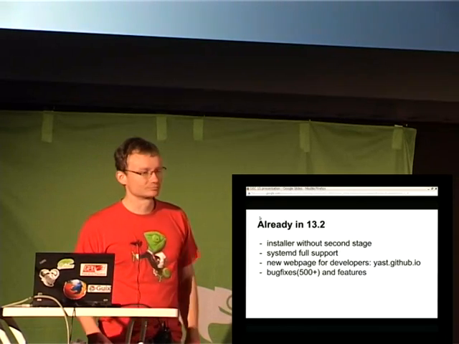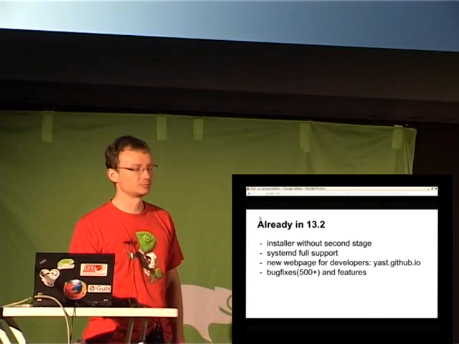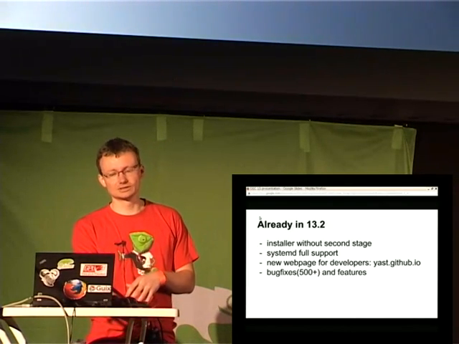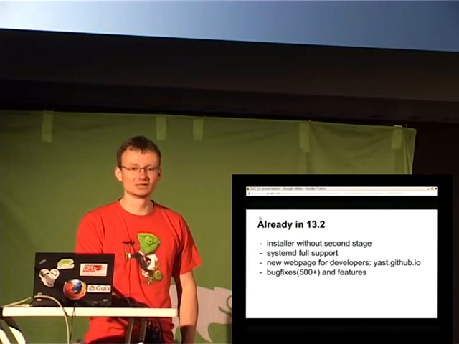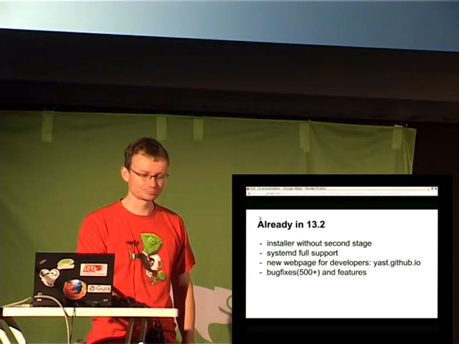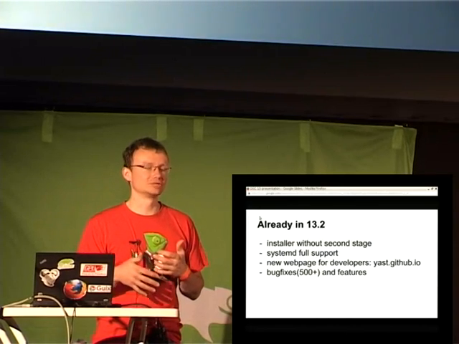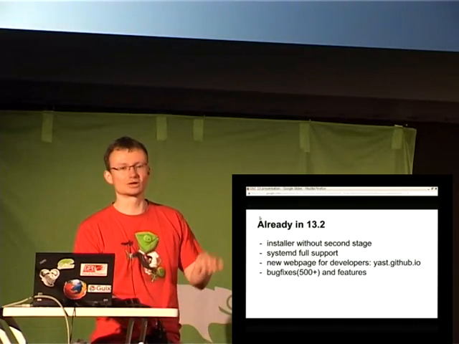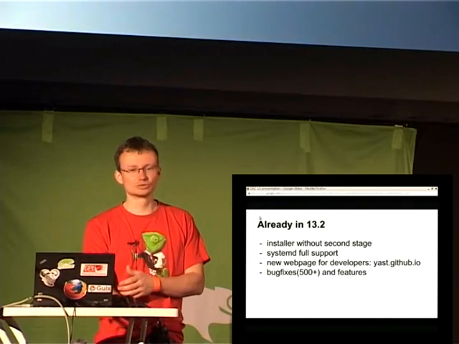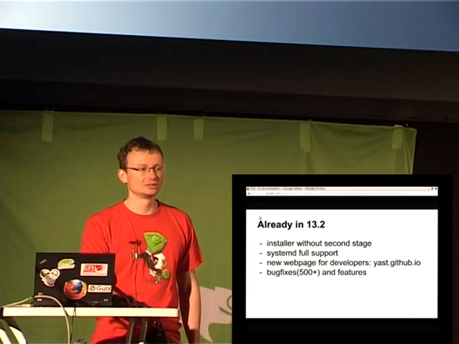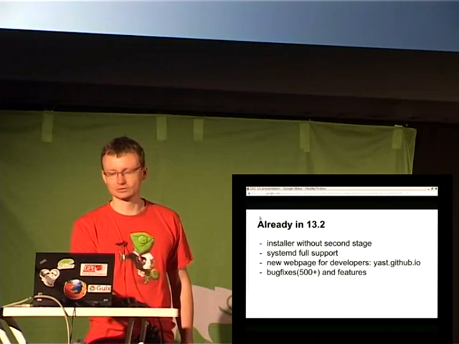Okay, the other part is full systemd support. In 13.2, previously we could restore the services and start them, but the service module itself didn't support systemd, so there was no easy way to behave naturally for systemd, where there are no run levels but there are some dependencies. There are also some attributes that weren't in initd. So there's now currently full support,